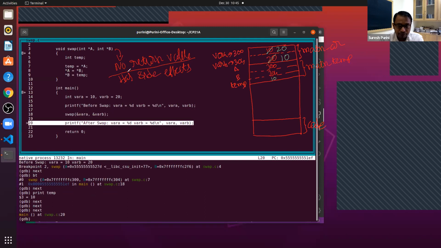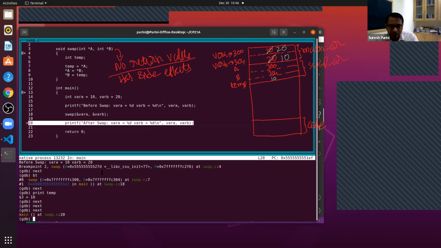Now, an important point: we are out of swap, right? What will be the stack? What does the program stack contain after swap? After we are out of the function, the activation record associated with the swap function will be popped.